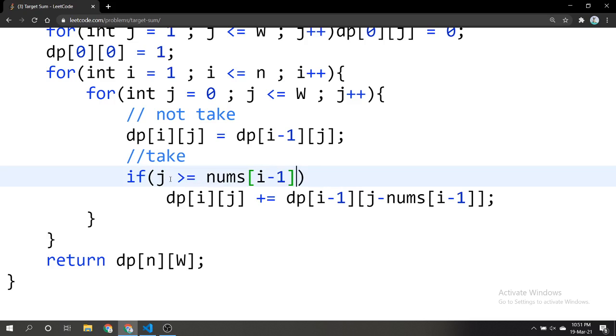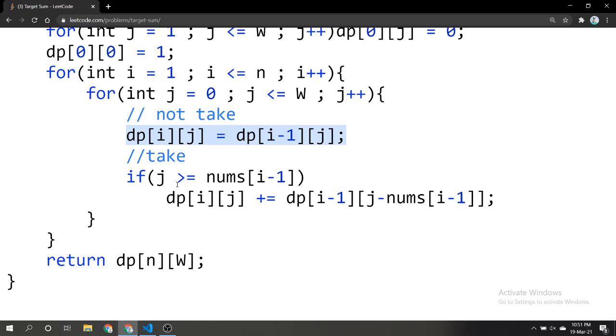So if my j is greater than or equal to the ith element of our array, then only I can take the ith element. Otherwise, the ith element will be more than j, and there will be cases of only not taking this element, which will be considered in this case.